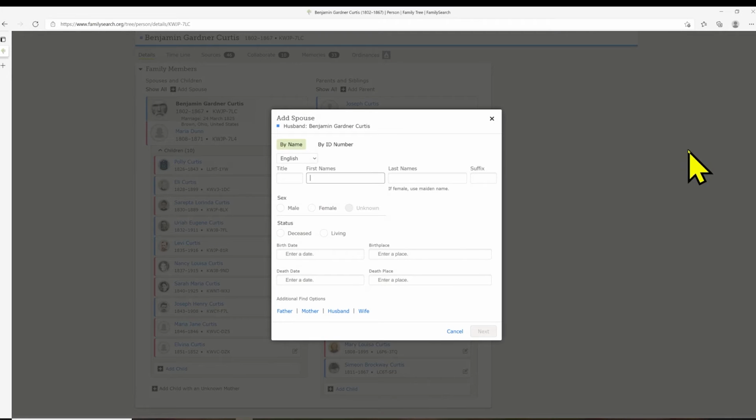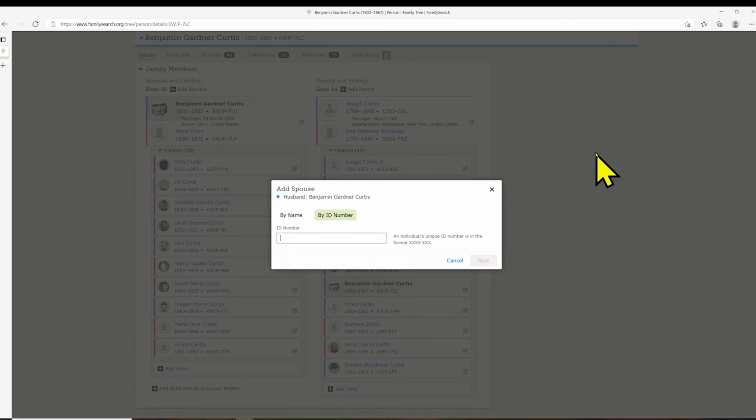Now let's cover by ID number. I'm going to click on by ID number. The ID number choice is only used if the spouse is deceased and you know the ID number for this spouse, which is already listed in FamilySearch. In this case, if you do know the personal ID number, go ahead and add it now. And you would add that right in this space right here. Once you've added the ID number, you would click on Next,